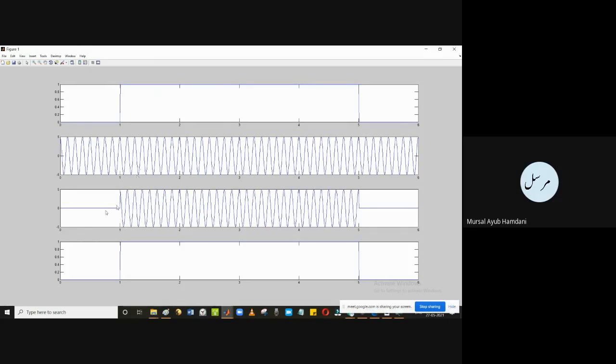So here you can see what I wrote for the demodulated. You see here, this is the carrier, okay? And this is the modulated signal. When both of them are equal, in this part of the time, from 1 to 5, the output will go to 1. While here, since these two are not equal values, accordingly this value will become 0.